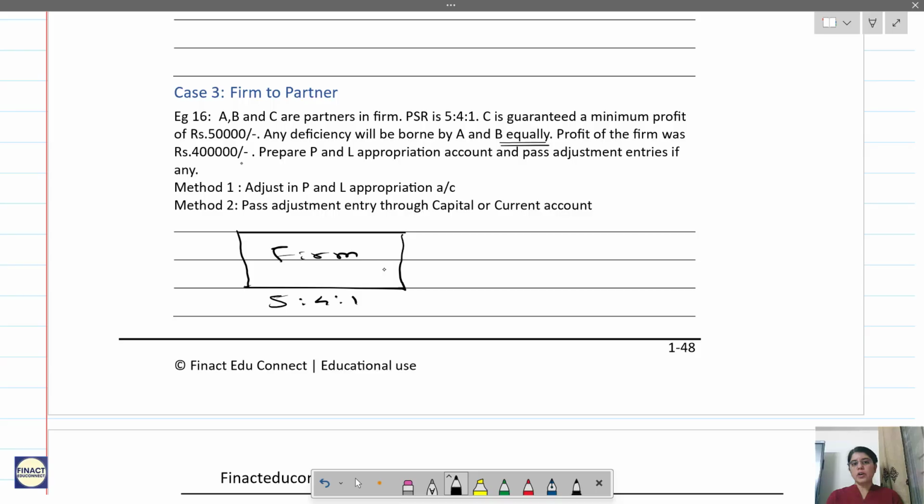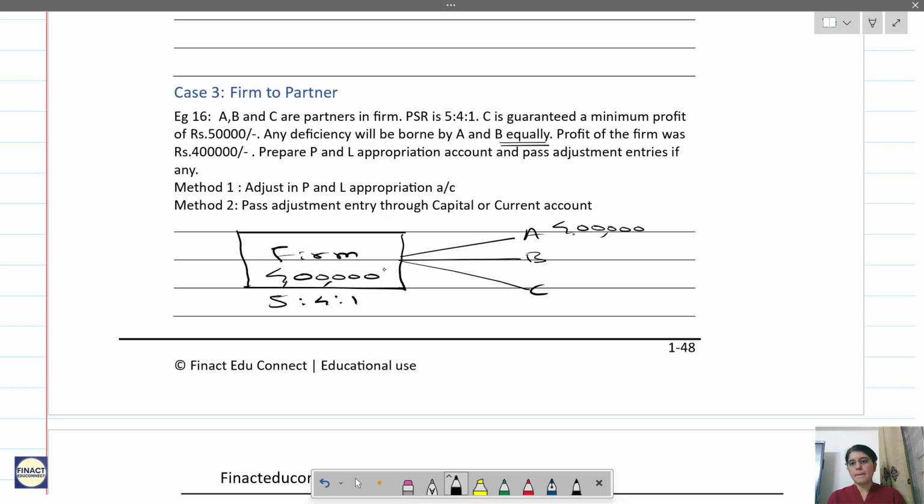Now the profit of the firm was 4 lakhs. We prepare the P&L appropriation account and pass the adjustment entries if any. So we are going to do it by both the methods. Okay, so now let us first calculate this. How much is the profit of the firm? Profit of the firm is 4 lakhs. Now this profit of the firm, first let us distribute it to A, B and C in the ratio of 5:4:1. So A will get